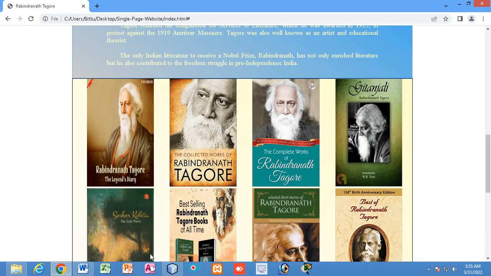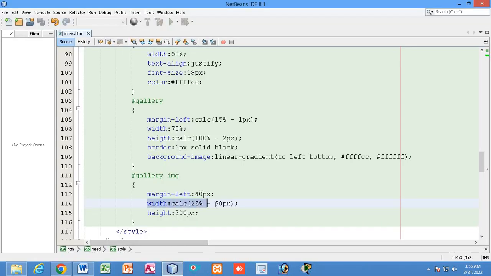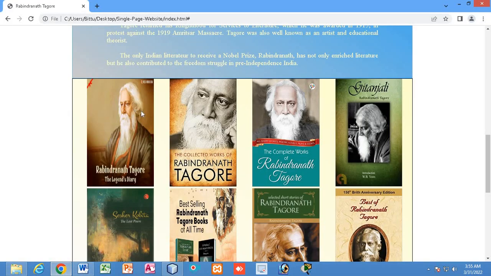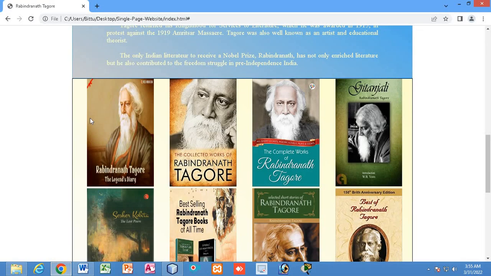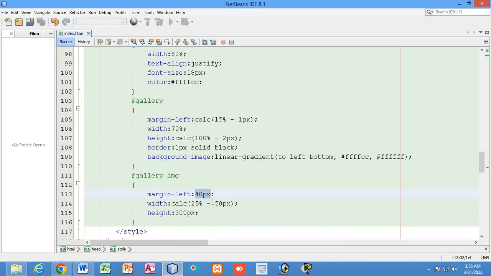So you can see I can accommodate only 4 pictures, right? Each picture is having the size of 25%. So the margin I have taken is 40 px left margin, but I have deducted 50 px.